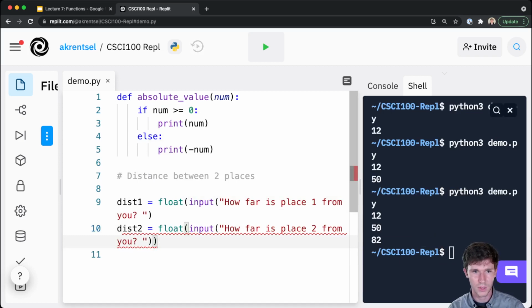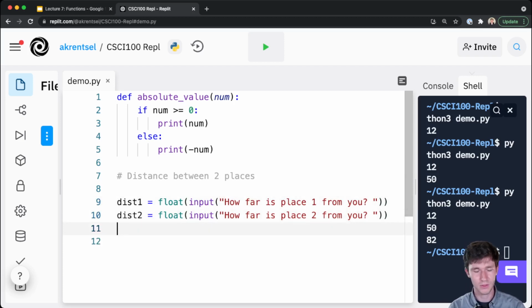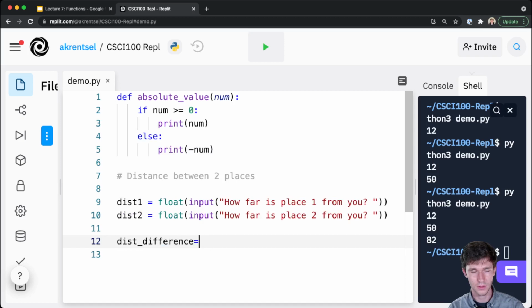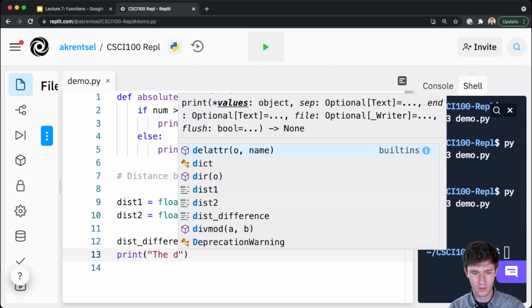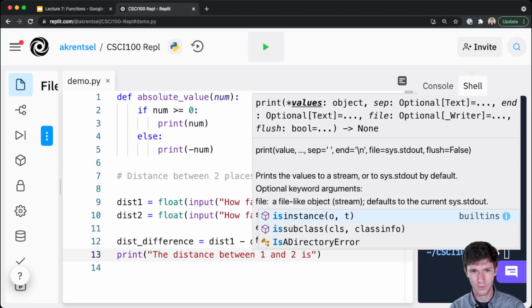Oops, I'm missing a parenthesis here. Let's just assume that they're on a straight line so we don't have to worry about tougher math here. This difference equals dist1 minus dist2. And if we print this out, the distance between 1 and 2 is